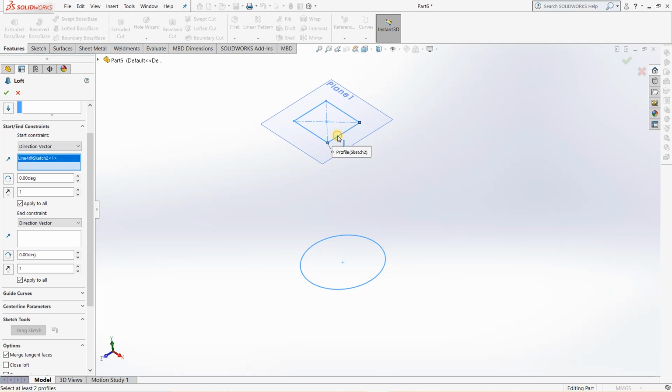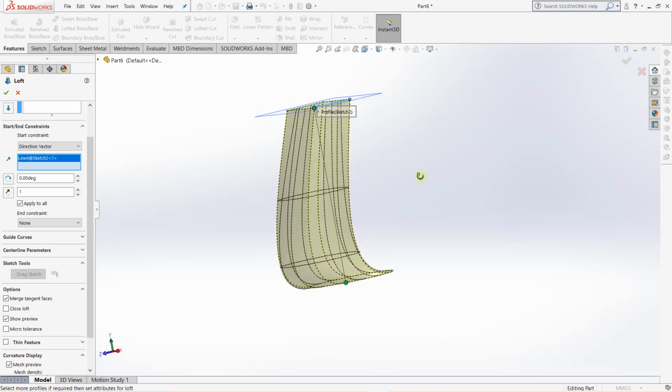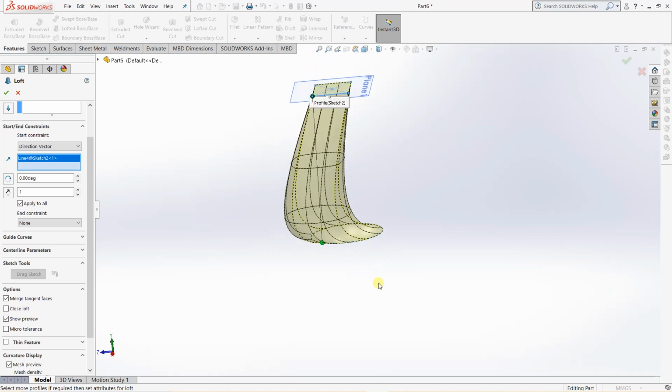We have selected this line and for the end we have selected none. So what the loft command will do is adjust the shape of the loft according to this direction vector.